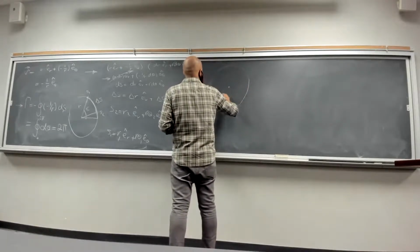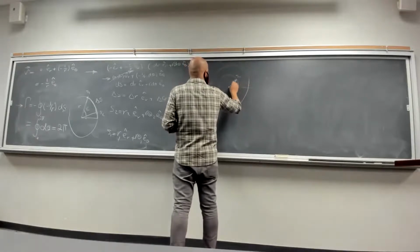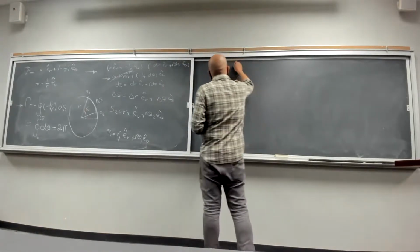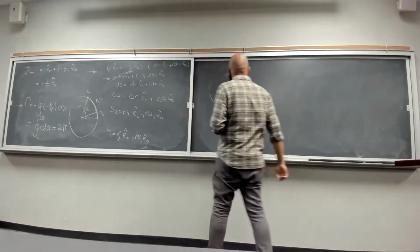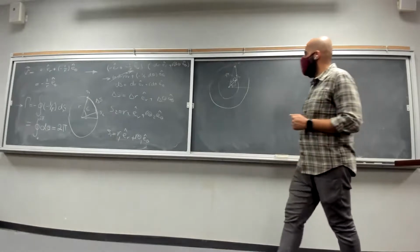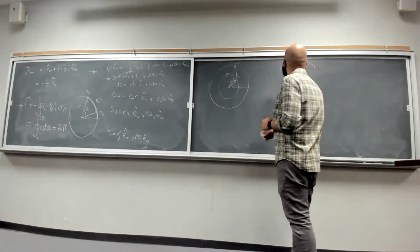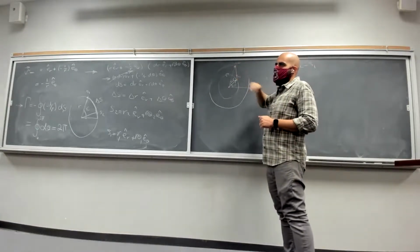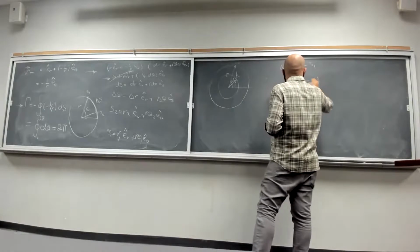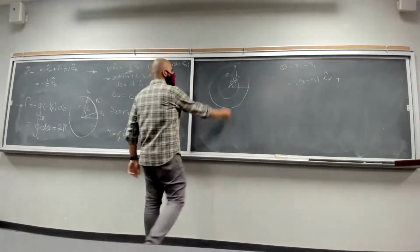Let's say these are your two circles in cylindrical coordinates. This is your S1, and this is your S2, right? I intentionally gave you a case with different r's and different thetas. We want to find delta S, which is S1 minus S2, right? We want to find the distance between these. So this distance has two components. One is the r component, which is dr, er. The other part, the component of distance, is going to be how much you have moved